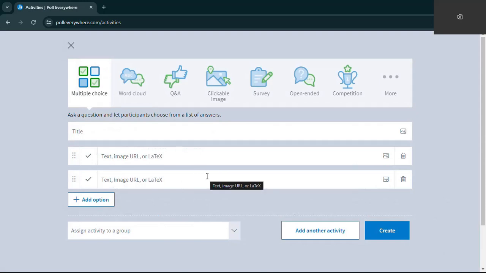Obviously under activity, a number of options to choose from: multiple choice, word cloud, question and answers, clickable image, surveys, open-ended type of questions and answer. And then you also do have some sorts of competitions that you can also use in order to interact